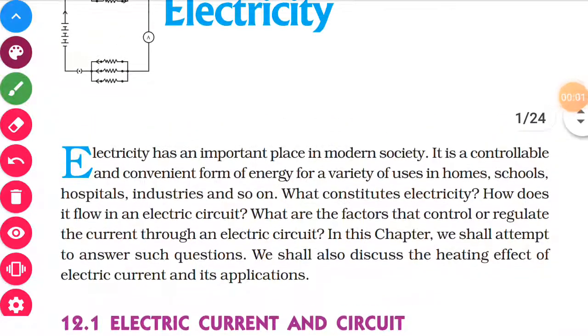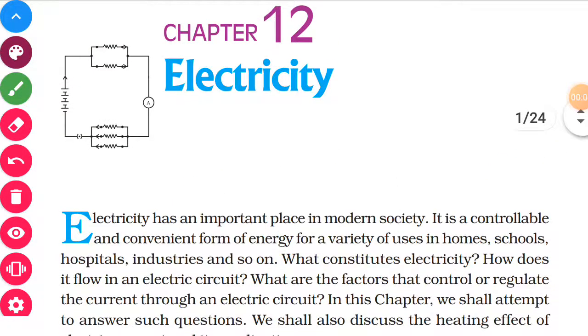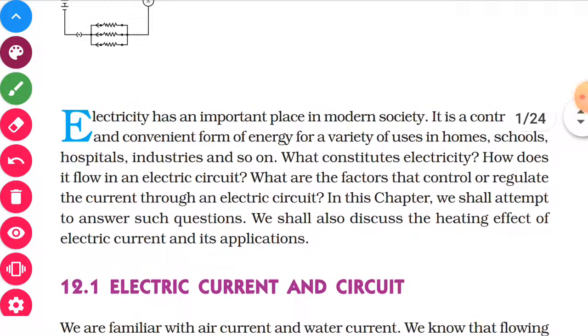Today we begin with the new chapter number 12, electricity. Very important for the students, those who are going for the science in 11th and 12th. Now see, electricity has an important place in modern society. It is a controllable and convenient form of energy for a variety of uses in home, school, hospital, everywhere electricity